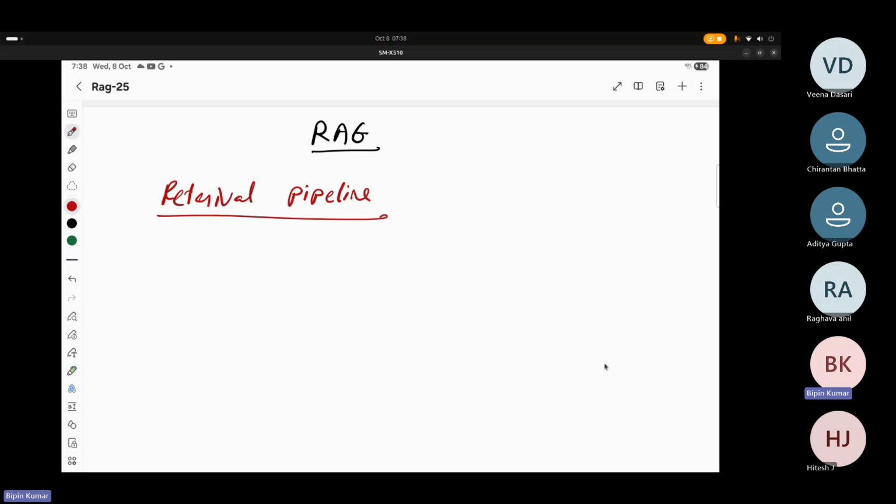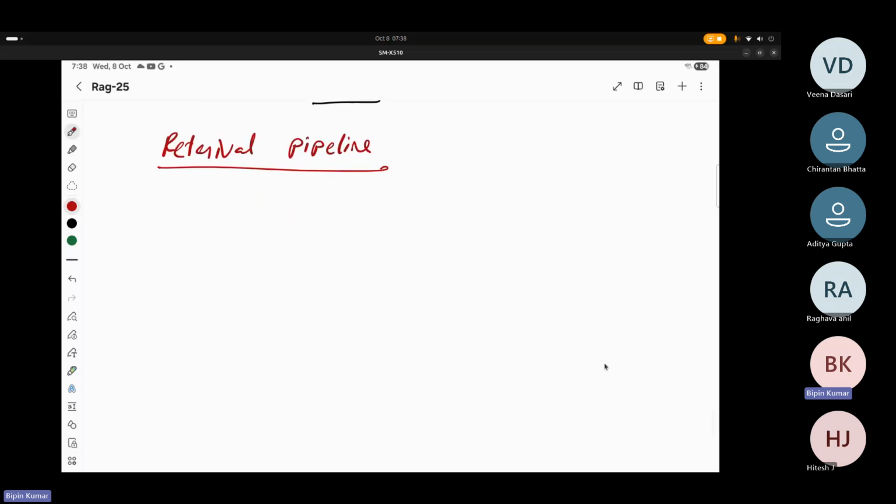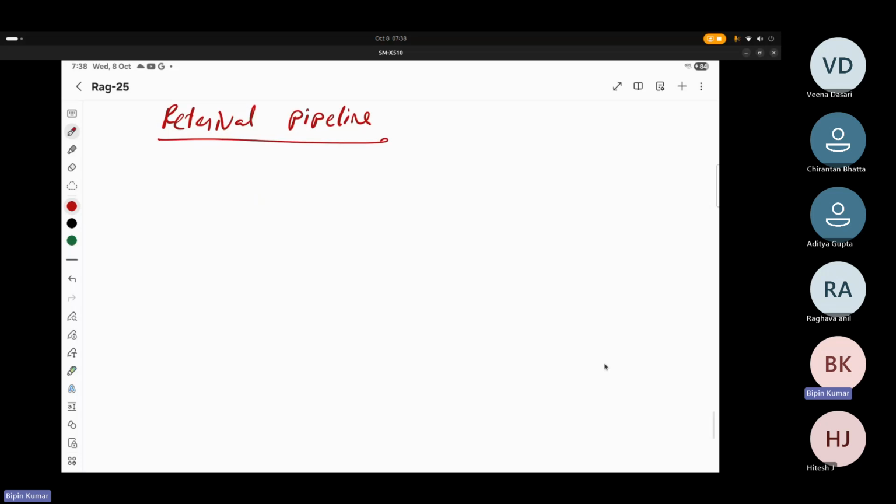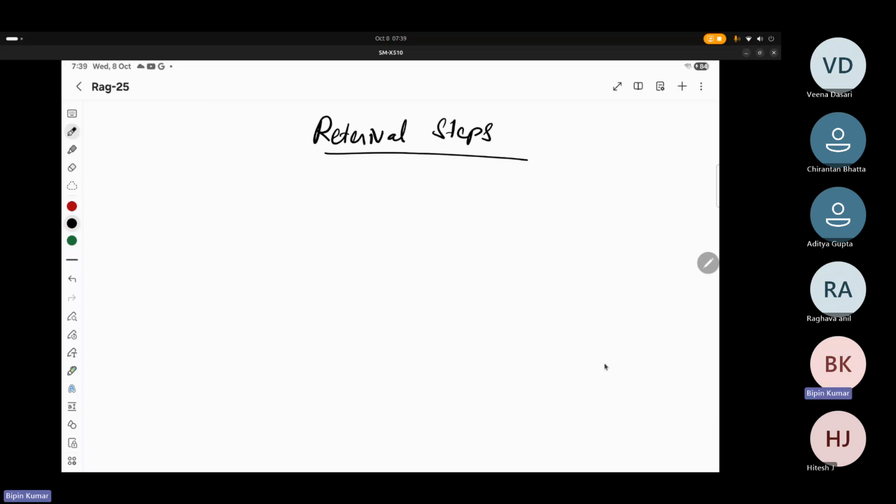So that is basically a pipeline. Okay, so in retrieval, there are multiple things. If I talk about retrieval steps,